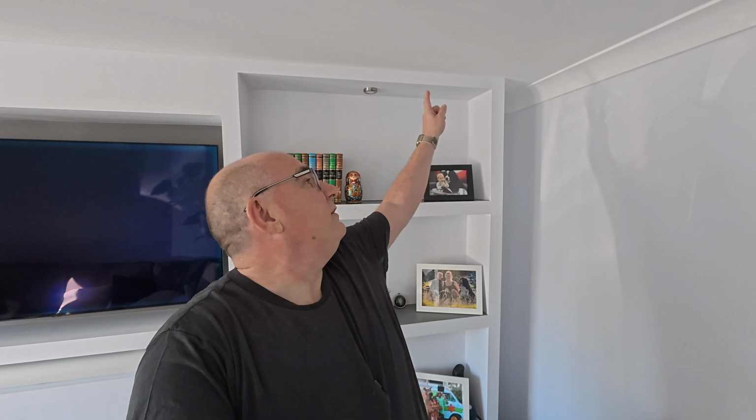Now, we do have a bit of precedent for this. This nice freshly painted white ceiling up here didn't exist about 2 years ago, and that was because we had a small water leak in the pipe that runs in the ceiling here and goes up to fill the toilet in our bathroom. Now, we didn't know this leak was there because it was between the floors, and a very small amount of water was leaking out all of the time, and it was building up in the plasterboard behind